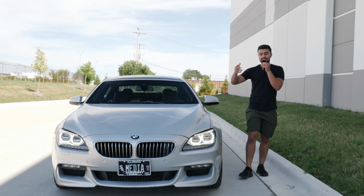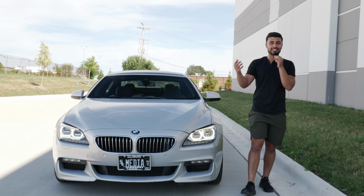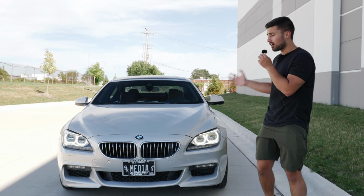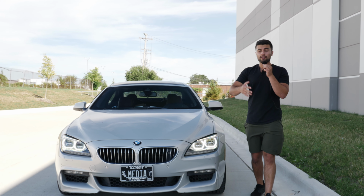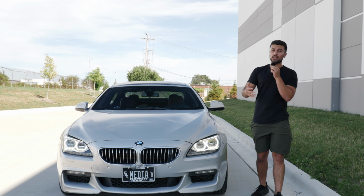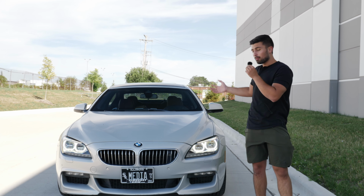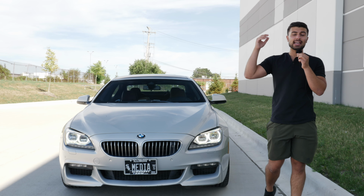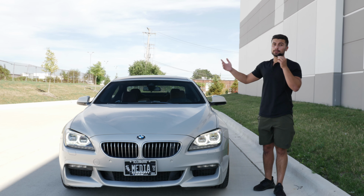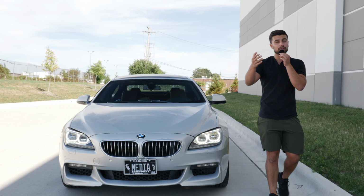All right, you guys, so yes, this is my $100,000 daily, depreciated to almost 80% off. I really think this is one of the best cars and daily drivers you can get for around that $25,000 to $35,000 mark. Now, I don't know exactly how long I'm gonna keep this one for, but with the car market going down and stuff like that, I really didn't wanna make any huge leaps as far as a daily driver. Now, this being a 2014 has faced practically all of its depreciation, and with the good maintenance records it has,